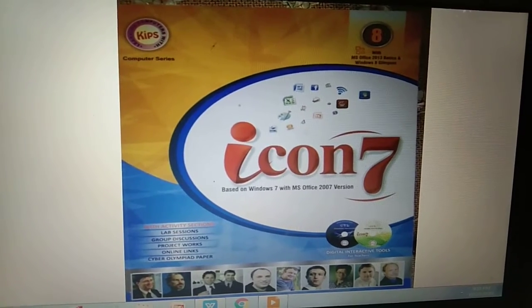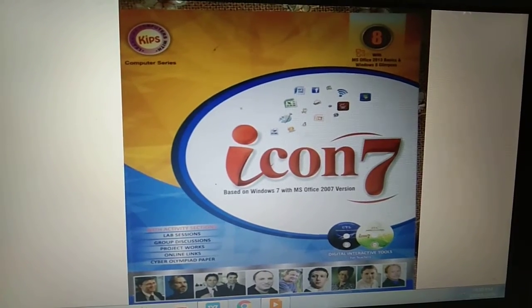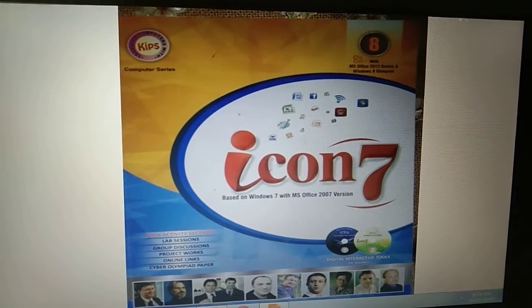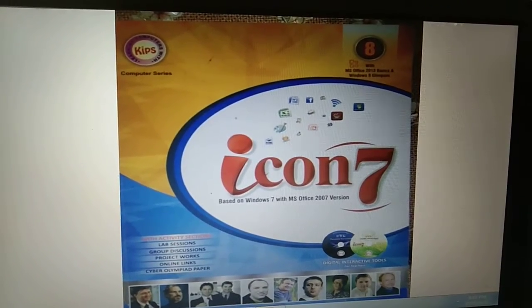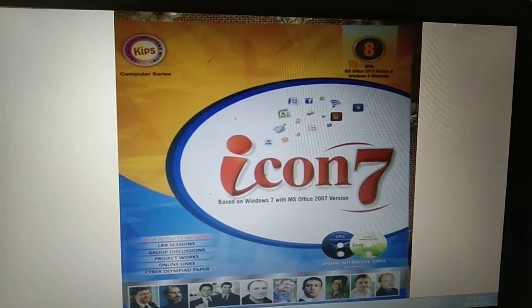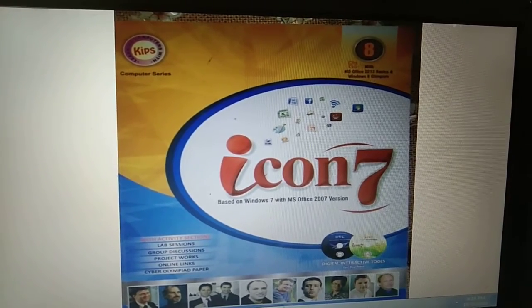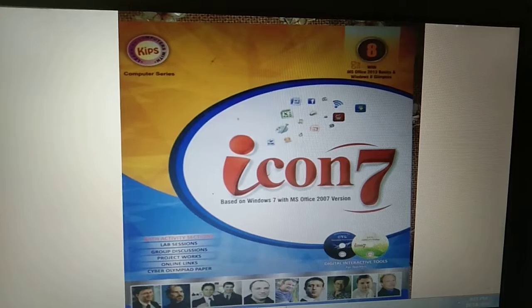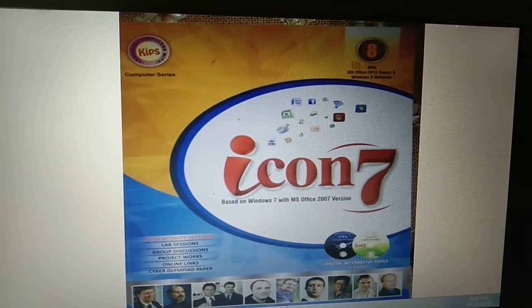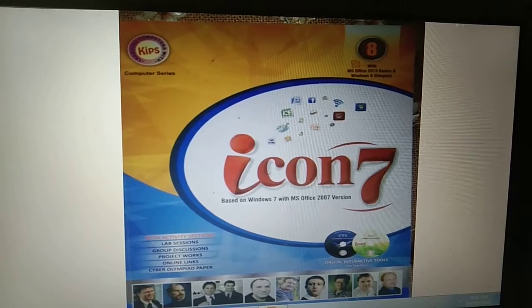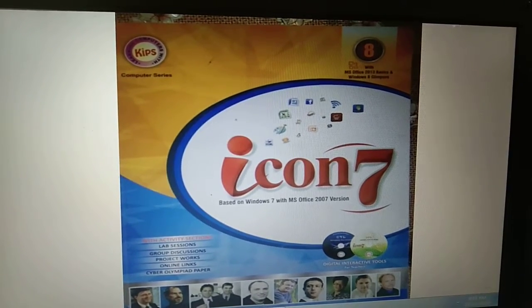Students, today we are going to start our third chapter. The name of our chapter is Working with Tables. Earlier in the second chapter, we had done how to log on to Access, how to create new tables and how to make a relation with them. So let's start with the third chapter, Working with Tables.